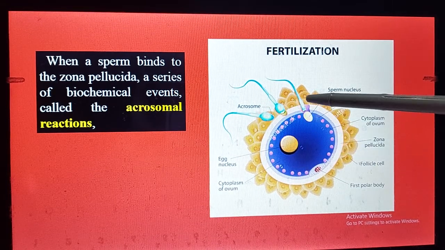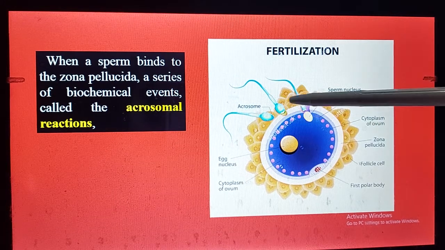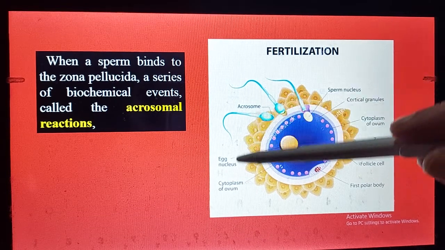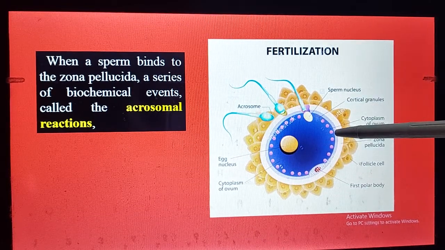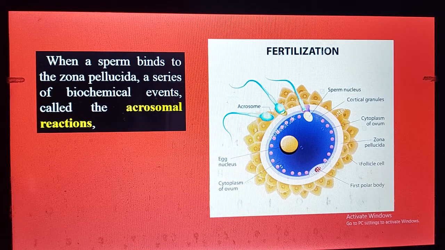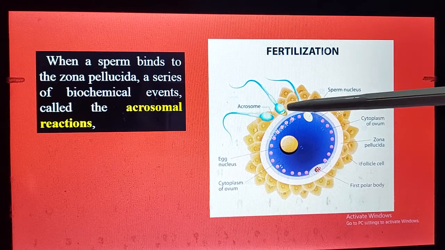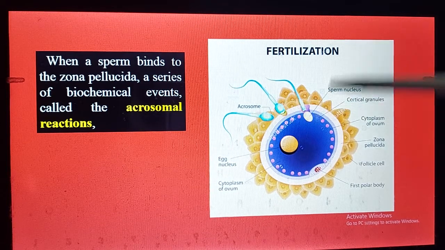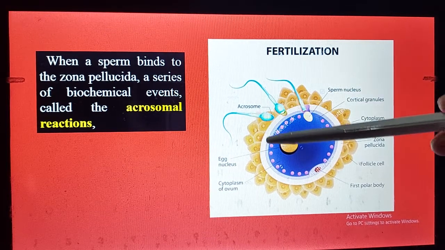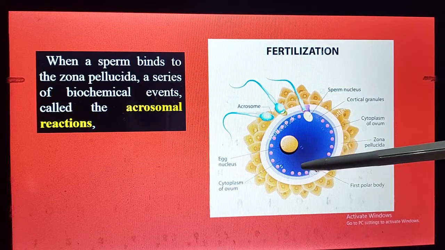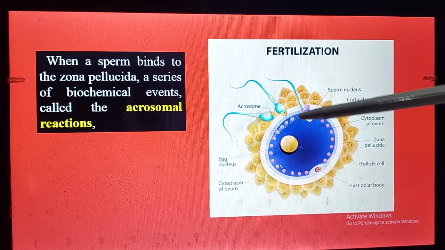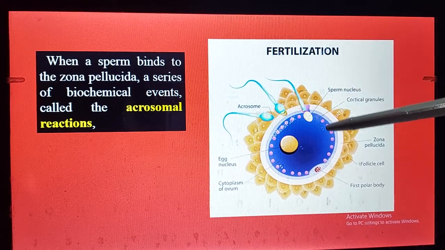So first of all, what will happen? Many sperms come and attach with the surface layer of the egg, and this reaction is known as the acrosomal reaction because from the acrosome, this is the acrosome, the enzymes acrosin, hyaluronidase and many other enzymes are released. So these enzymes digest the wall of the egg, and then the head of the sperm, which contains the nucleus, enters into the egg, and this